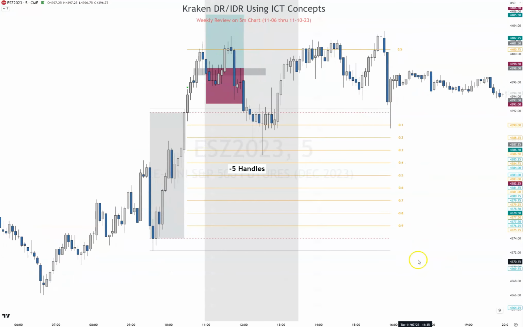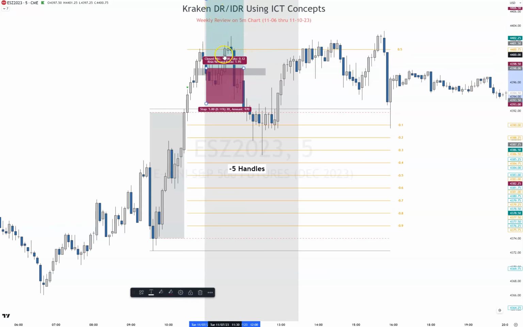All right, Tuesday is -5 handles. Well, we had a DR confirmation to go long at 10:30. All right, we have a fair value gap right here. Price came into that fair value gap. We placed our trade. 5 handle stop, aim for 15, which is way higher. And it didn't get much. We didn't get 5 handles even. So we didn't get to take a partial and we didn't get to move to break even. We got taken out. So did not re-enter.